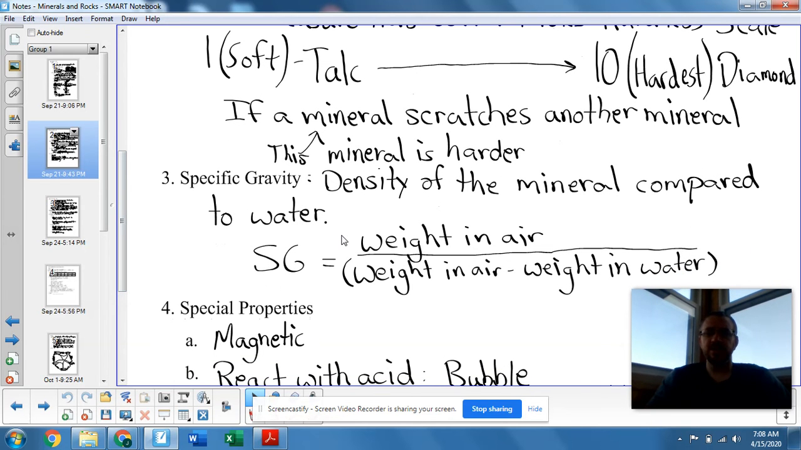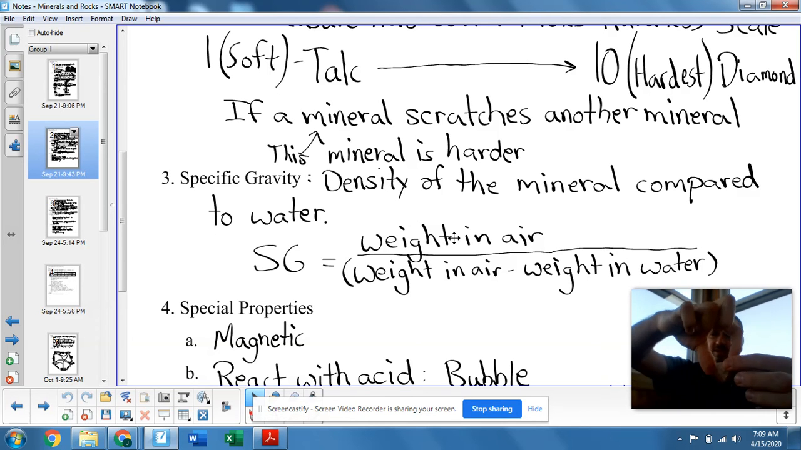Specific gravity is the density of the mineral compared to water. So how you do it on like a scale is they have like a specific gravity mode. You take the weight of the mineral hanging from a little string. You literally tie it on a string and you have it hanging from this little hook and you weigh it in the air. Then you have it still on that string and you put a beaker of water underneath of it